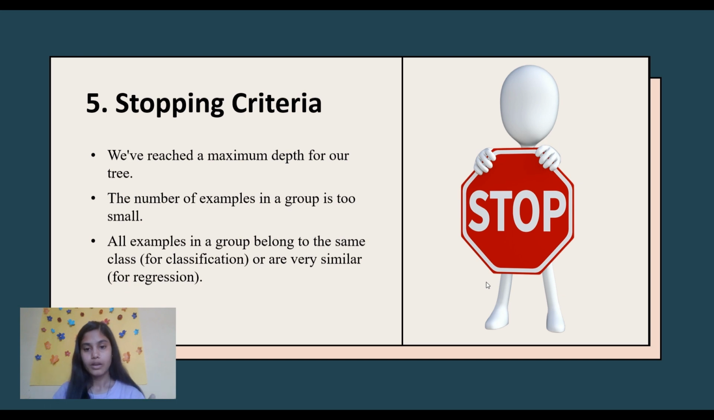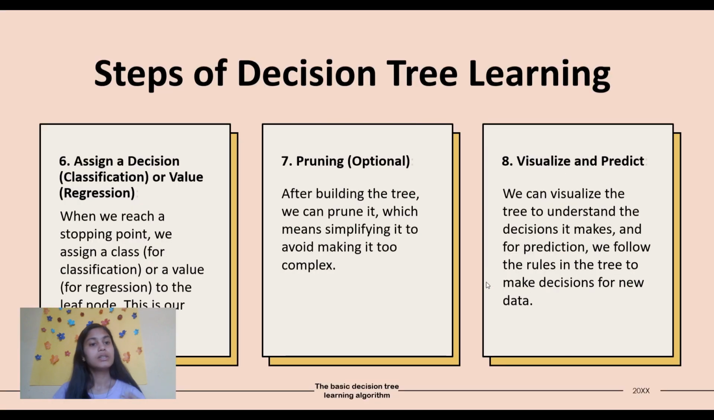Okay, so yeah. Now, the next step, which is the sixth step, is to assign a decision, that means classification, or a value for regression. When we reach a stopping point, we assign a class for classification or a value for regression to the leaf node. This is our